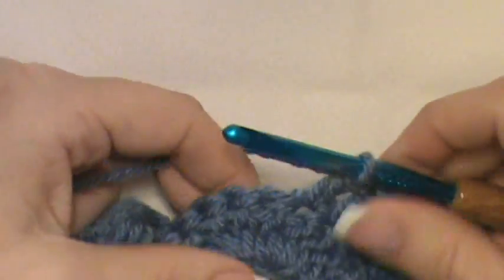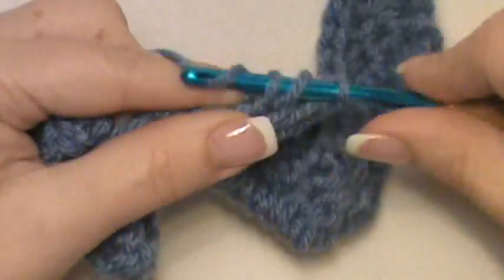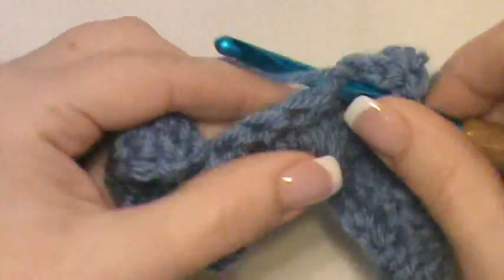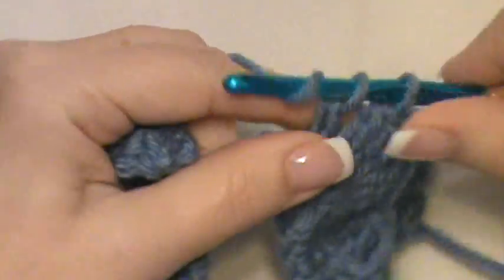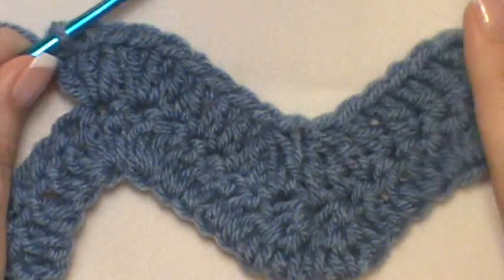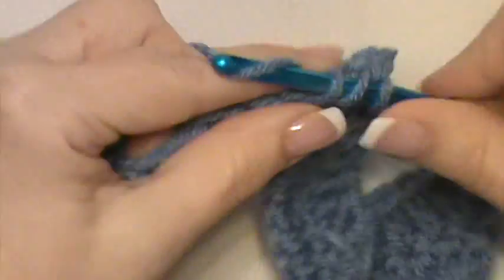And now what you're going to do again is put 3 doubles into each of the next 2. So 1, 2, 3, and 3 into the next. Okay, so we've got that going along nicely, and now you're going to repeat that again. So you want to double crochet in the next 3,